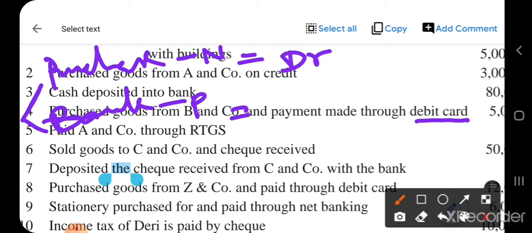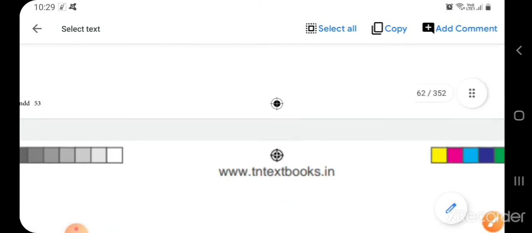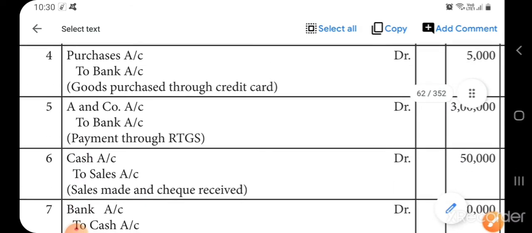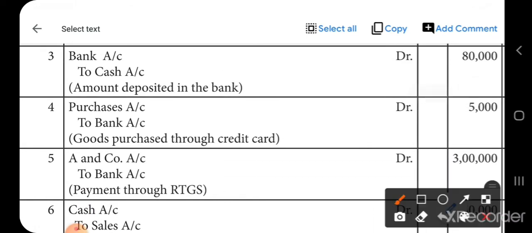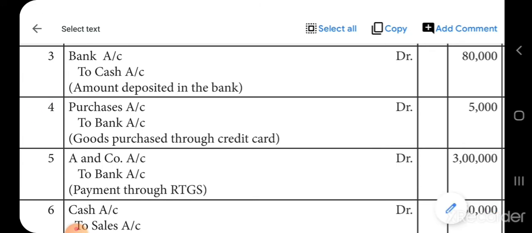Personal account, what is the rule? Debit the receiver, credit the giver. Here when you make the purchase, the payment is made through the bank, through debit card. So credit the giver. The entry will be purchase account debit to bank account. Okay. Look at the fourth entry, purchase account debit to bank account. The next one,